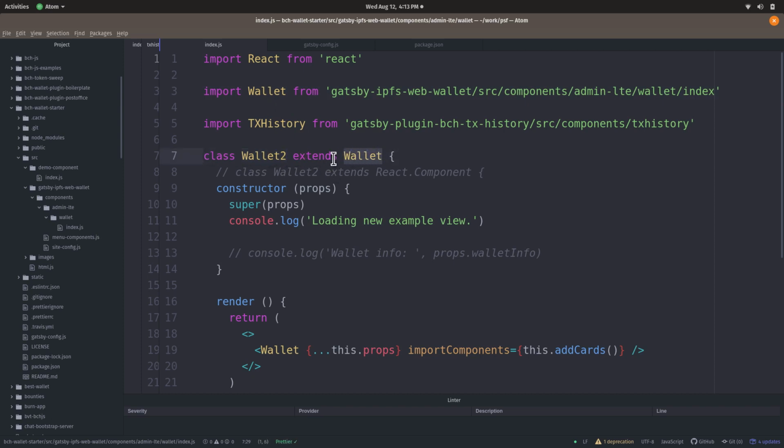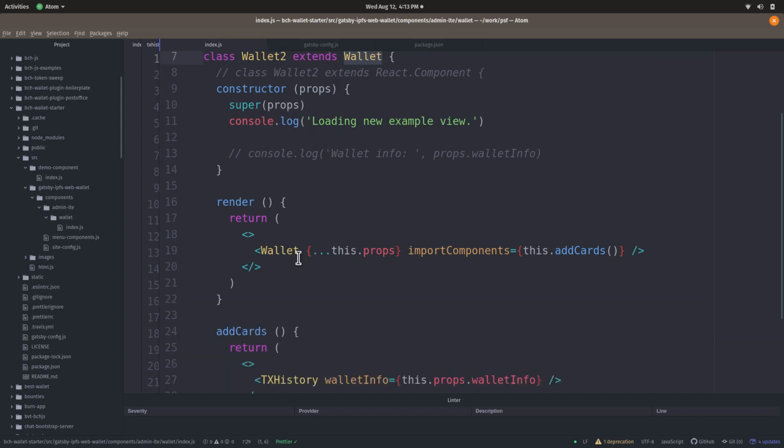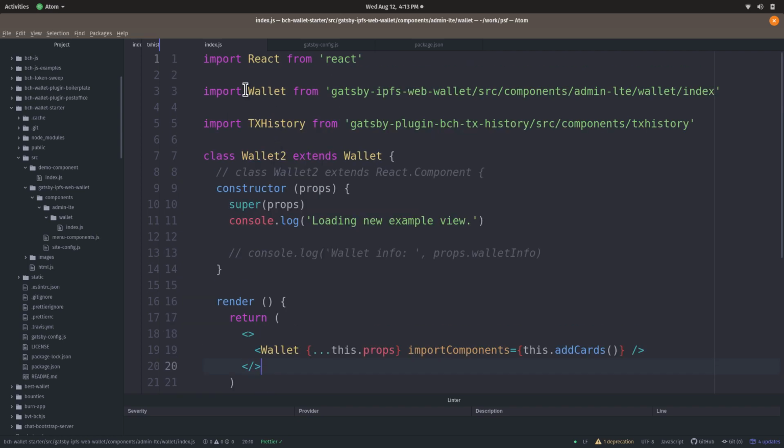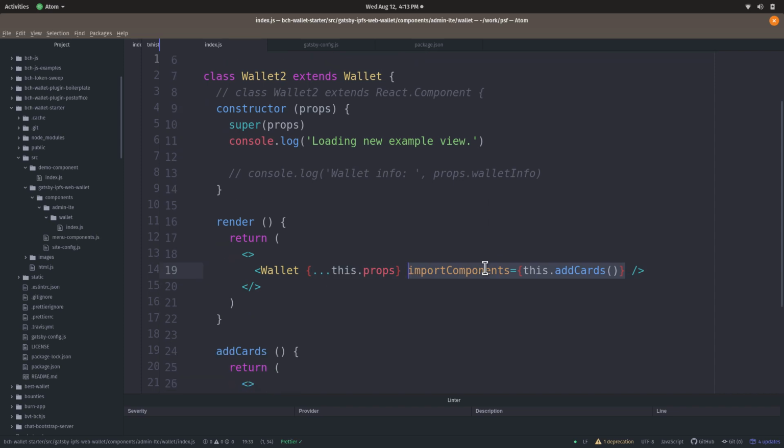So I'm extending it, and all I'm doing in the render function is calling the original component and passing along any props that get passed in here, and I'm adding this second additional component,